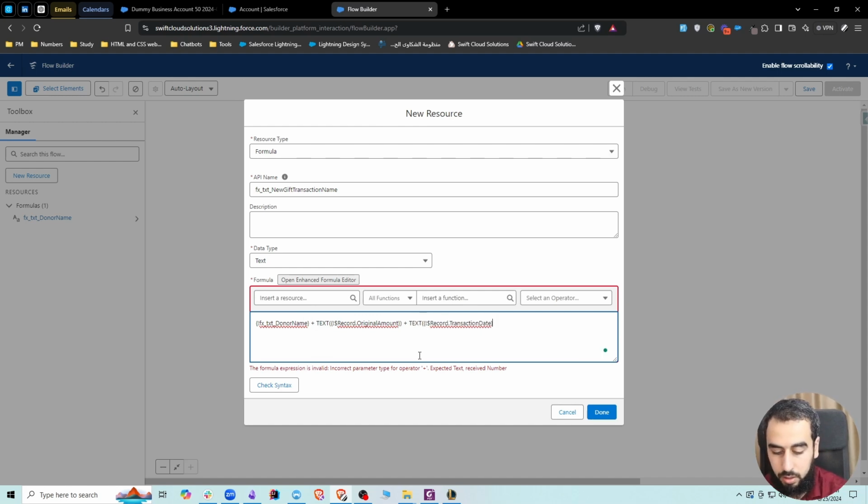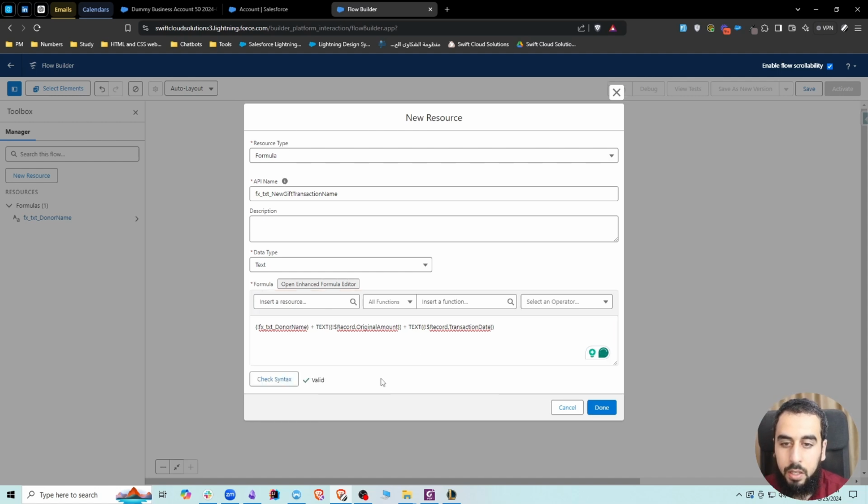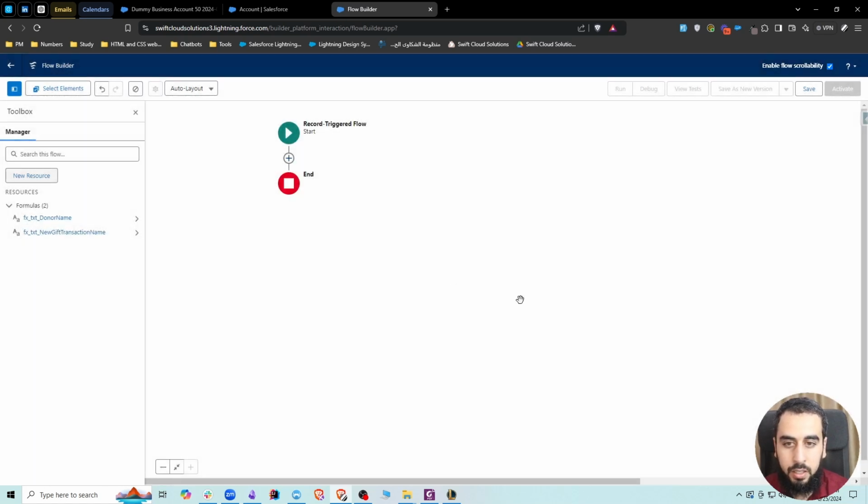Text, it's not like the capitalization is not required, it's just helpful in terms of reading. All right, so we converted these two to text. Now it's valid. We can click done, and this formula constructs this name when it gets called. It doesn't just calculate and store. We need to call it, and we're gonna call it and store that result of this formula on the name